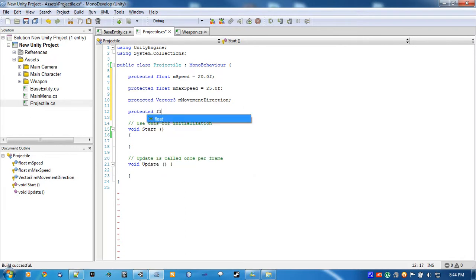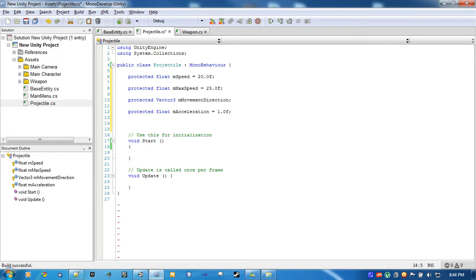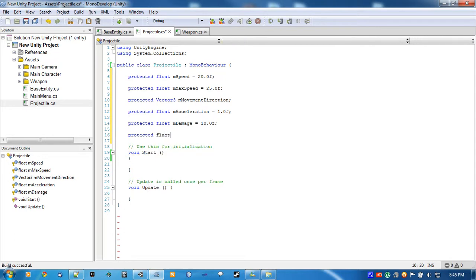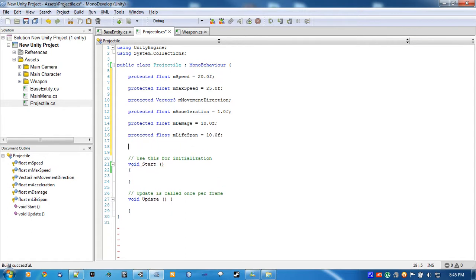Acceleration. Damage. A lifespan. And a type, which